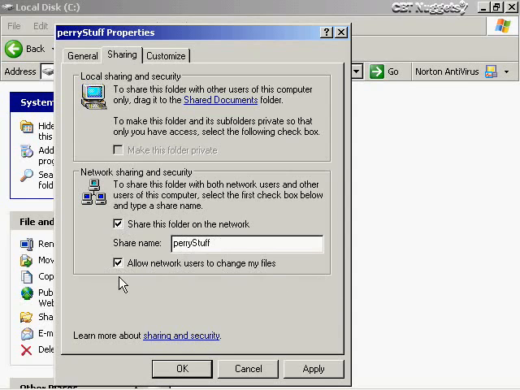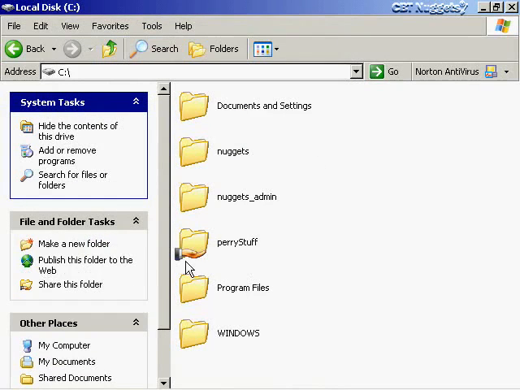This is truly shared now. This folder here, Perry Stuff, people can write to it as long as they have an account on this Windows machine. So I'm going to click apply here, and then I'm going to close this window, and when we go out now, you'll see the little hand